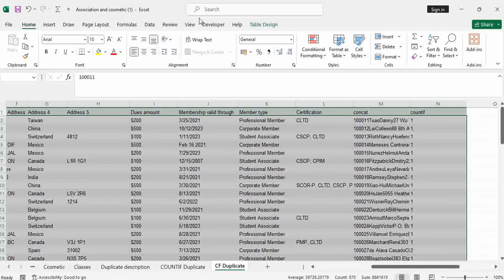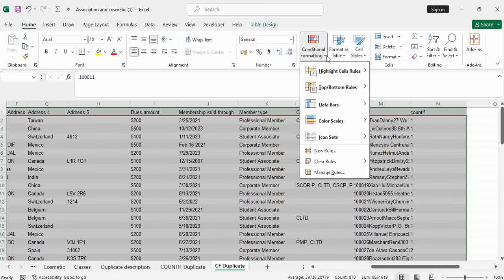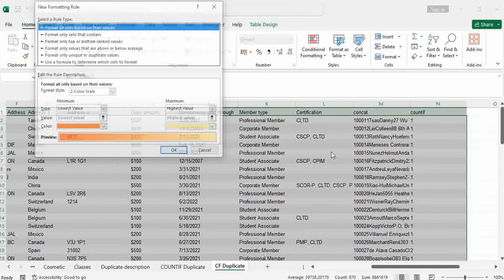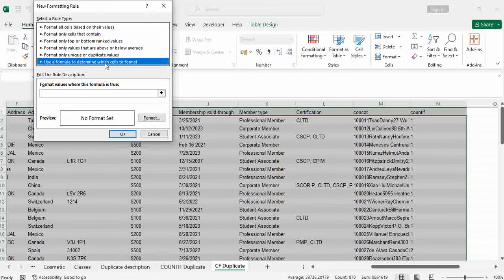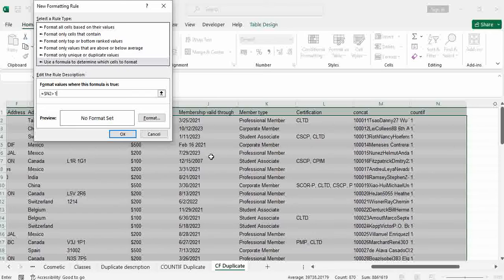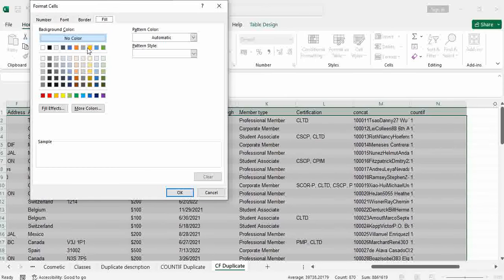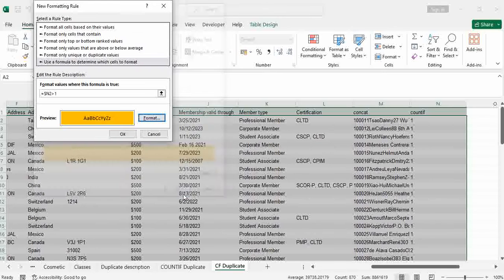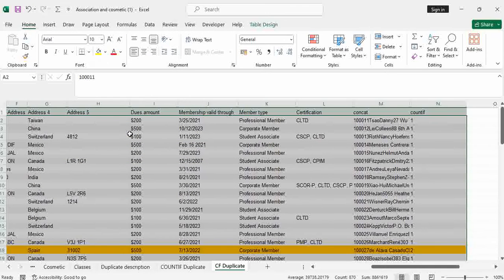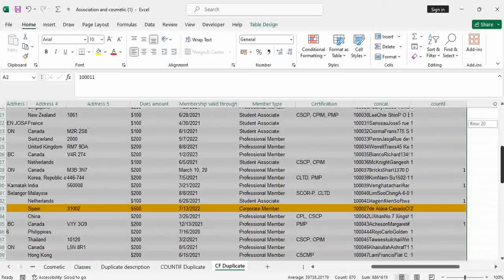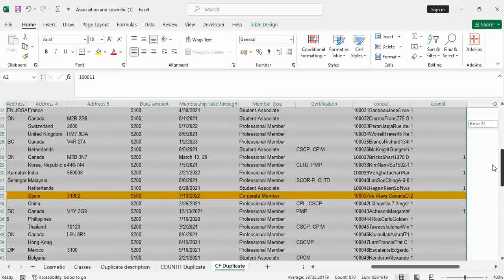I go to Home tab, Conditional Formatting, New Rule. This time round I want to be using a formula. Okay, I want to say equals $N2 is greater than 1. When the value in N2 is greater than 1, format for me, I choose the color that I want, I say OK, and I say OK. So you can see those two values are getting